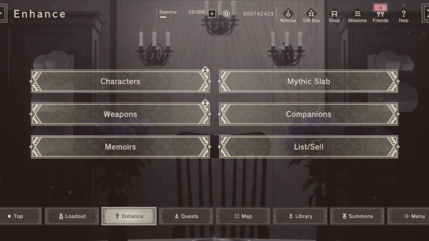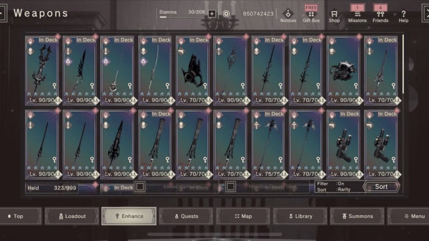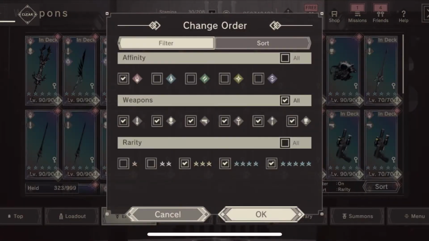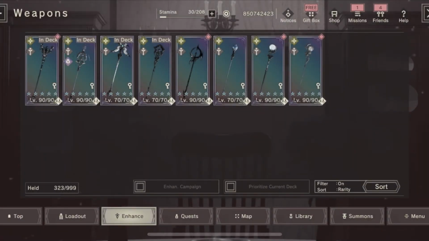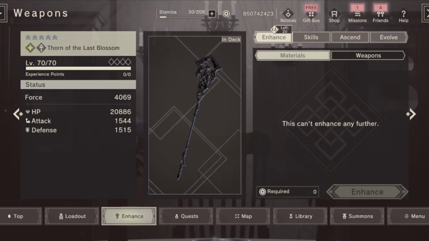So let's upgrade some characters, some weapons in order to get things done and get those high SSS scores in subjugation. So we start off with the weapons. First off, I'd like to look for Celeb Saryu's staff. It's one of the best DPS staffs in the game, Thorn of the Last Blossom, and why this weapon is